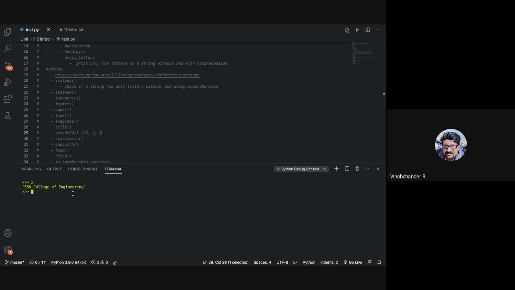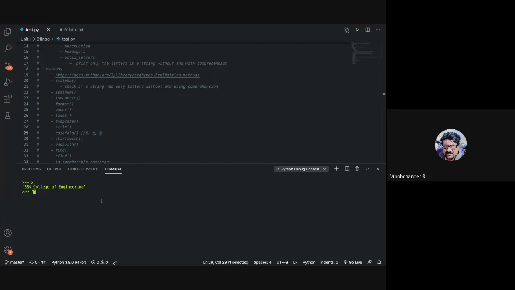we have already seen the membership operator, guys. Now, can you tell me how you can search for a substring within X using the in operator? Say you want to search for the substring ring within SSN College of Engineering using the in operator. How can you do that? If ring. Yes. Now, I am here in the REPL prompt. We are not writing the complete program.